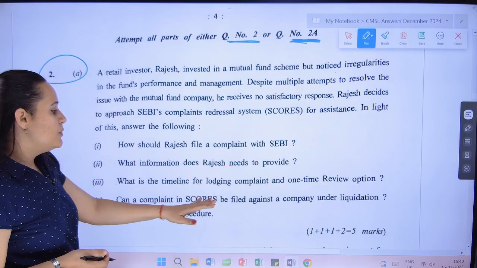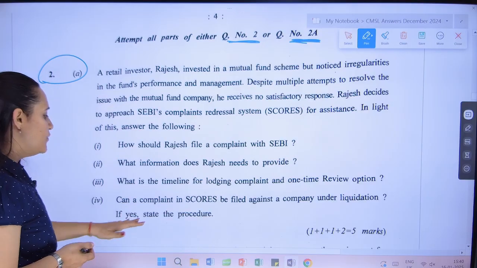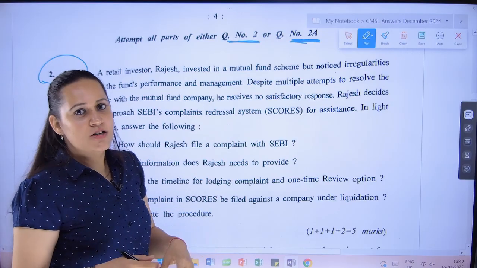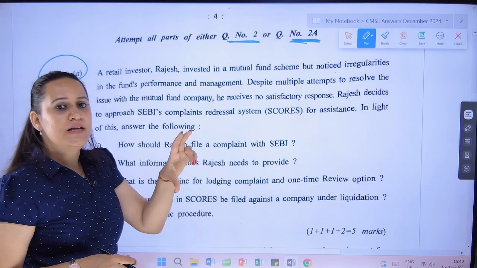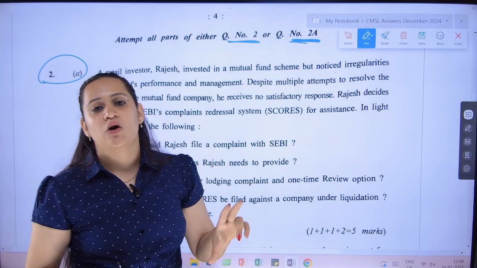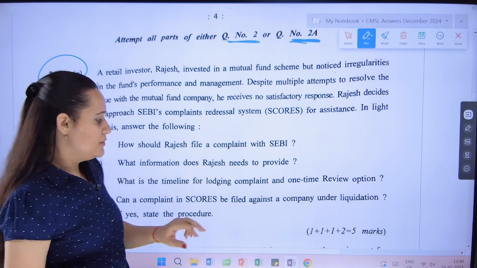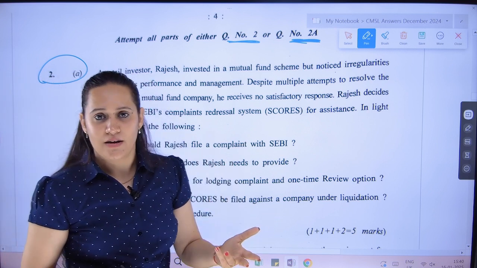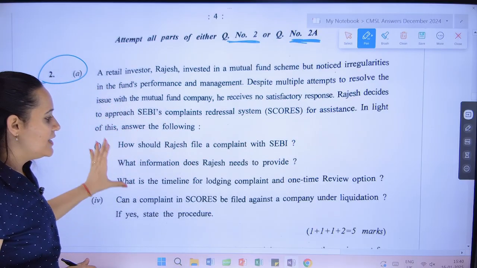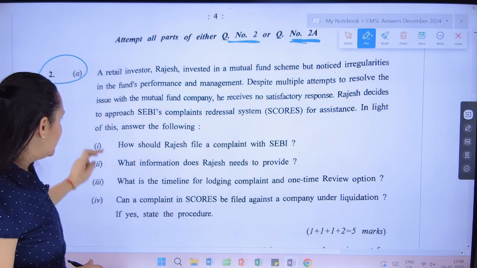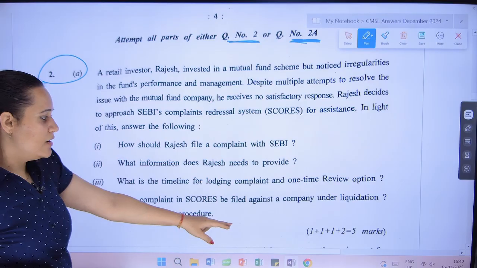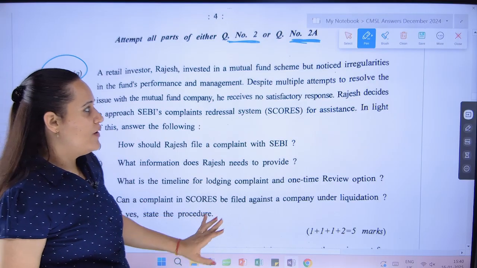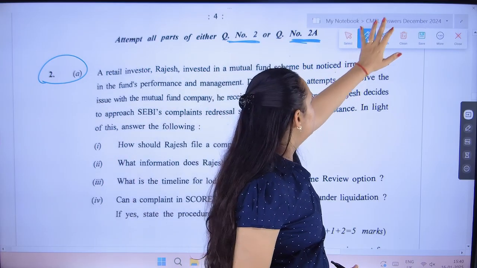Can a complaint in SCORES be filed against a company under liquidation? If yes, state the procedure. The answer is no, you cannot. So, you are going to mention the companies against which you cannot lodge a complaint on the SCORES mechanism. There is no procedure, but there is a list of companies against whom we cannot file a complaint. So again, it is a very simple and direct question. Please note that the first 3 questions are for 1 mark and the fourth question carries 2 marks, total 5 marks. Let us quickly see